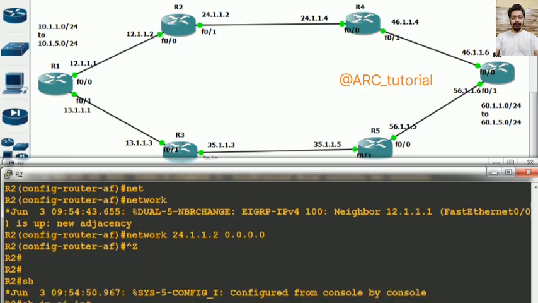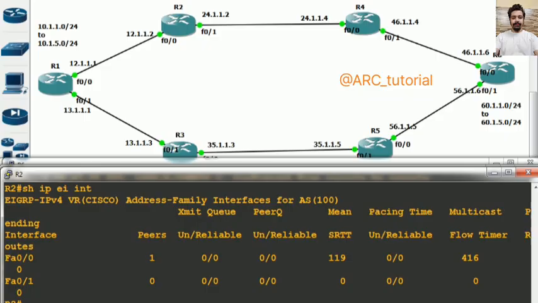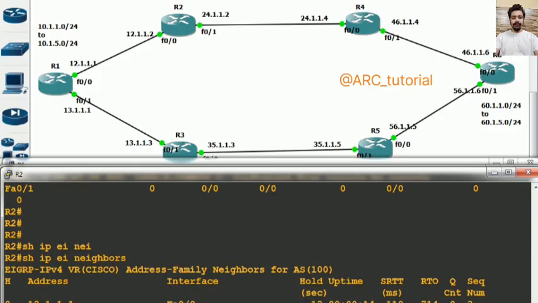Show IP EIGRP interface. You see, show IP EIGRP neighbor is still in named mode. You are having three types of tables: neighbor table, topology table, and routing table. The rules for becoming successor and feasible successor are the same as previously. The condition of feasibility is also the same as previously. The whole functionality of EIGRP is the same as previously. Any problem? Metric calculation is of course different, because here we are using